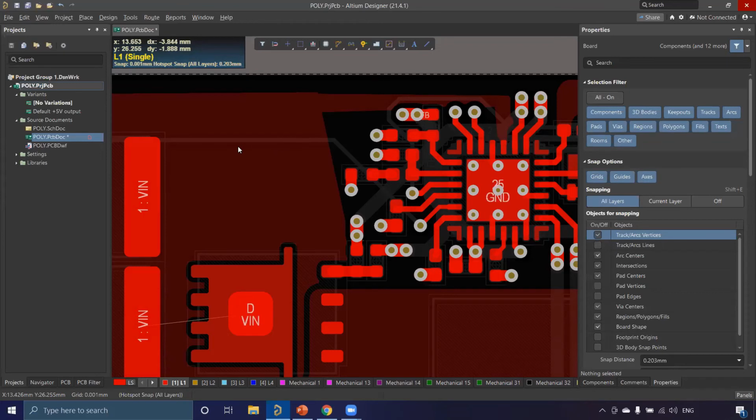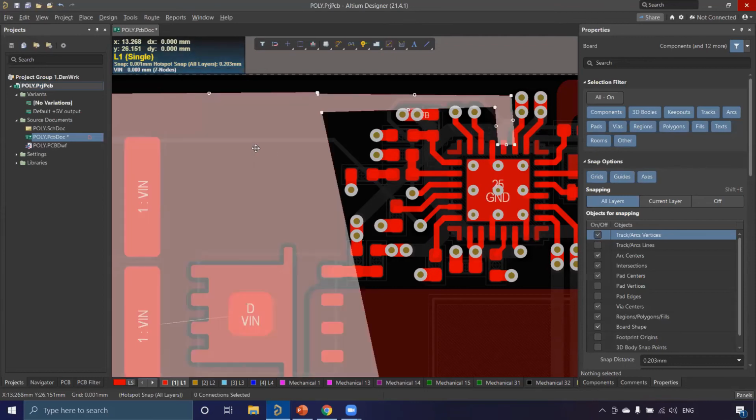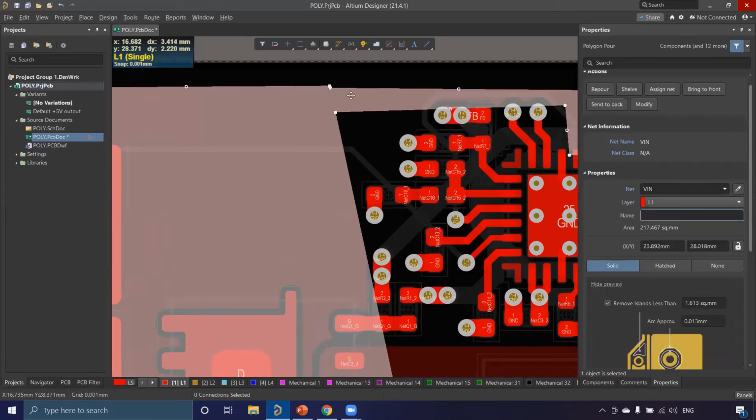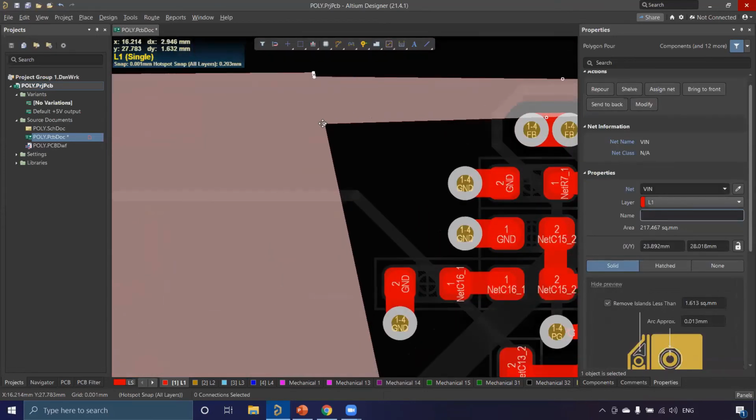Now I want to adjust the borders, adjust the corners and so on. If you want to do that, you can click on this. Now you can see here it's a sharp corner. If you want to adjust this corner, you can drag. When I drag it, you can see the status bar showing mitering to arc. If I change this, it will change to line.